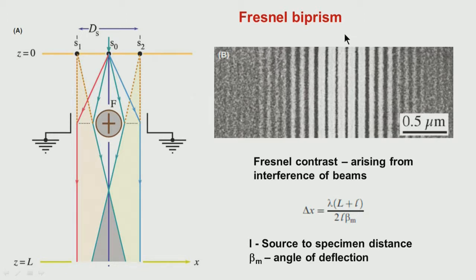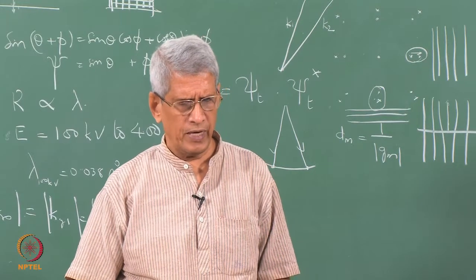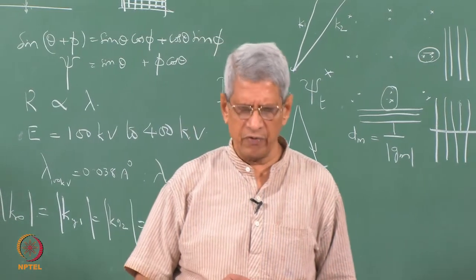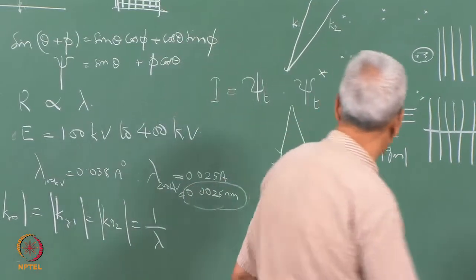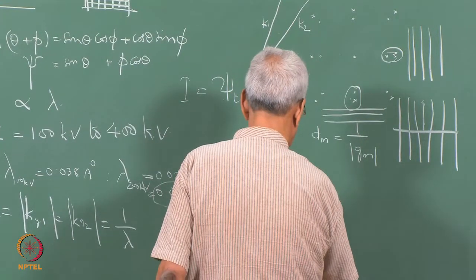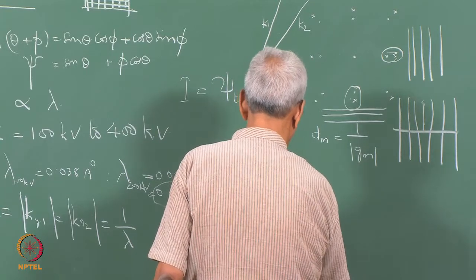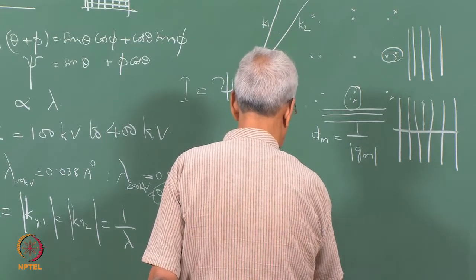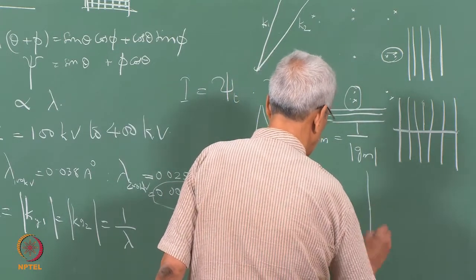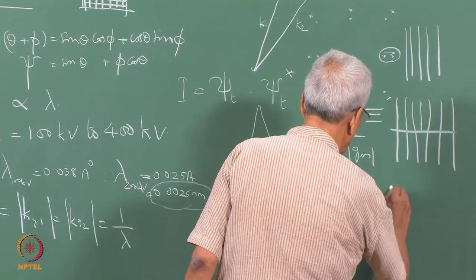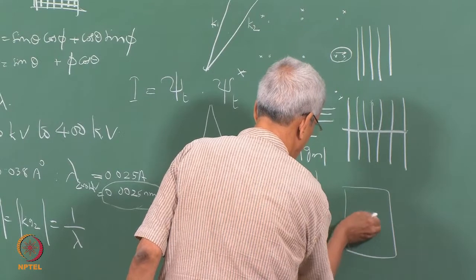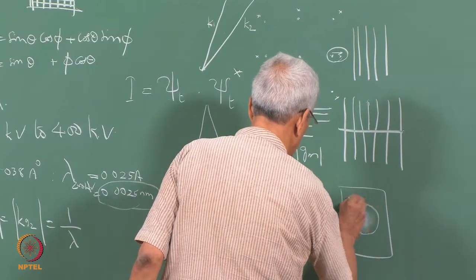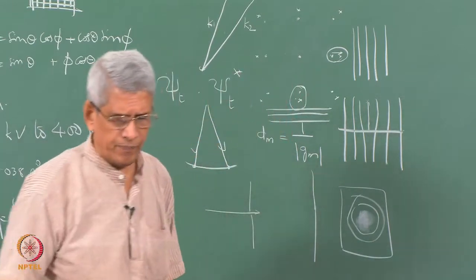Okay. Similar to this, another type of contrast which occurs in a microscope is a phase contrast which is called Fresnel diffraction. Okay. We know from optical microscopy that when an aperture is there, and the size of the aperture is of the same order as the wavelength of the radiation, then in the image we get one central region, and this region is followed by rings.